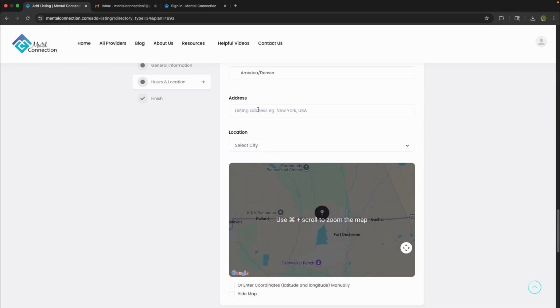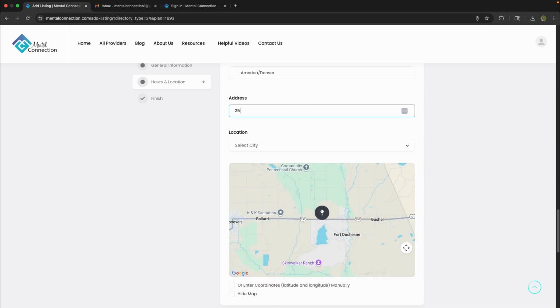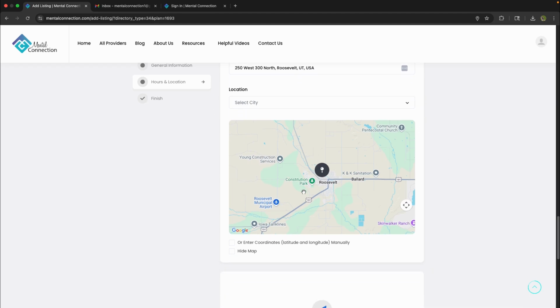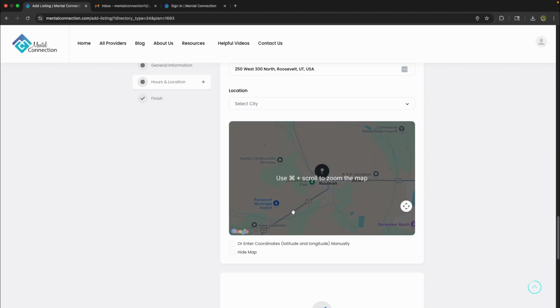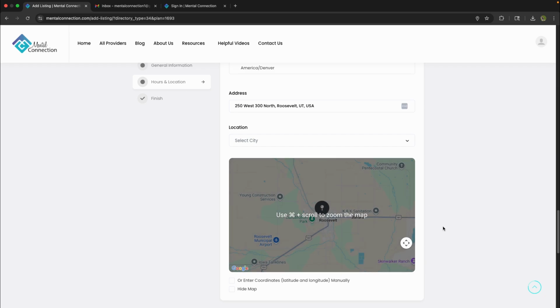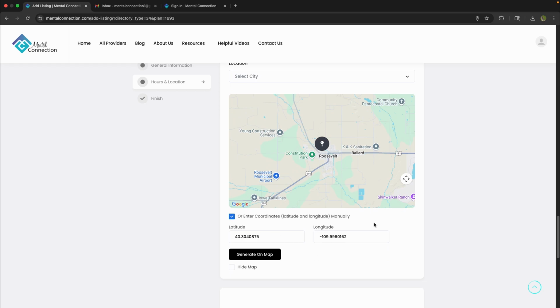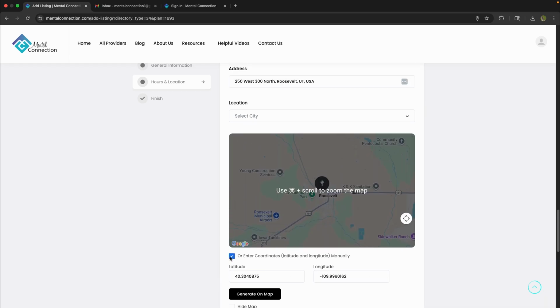And then next is going to be your address location. So if you start typing in your location, it's going to autofill with some suggestions. So you can go ahead and click that when you see the right one, or you can type it all the way out. You'll notice on this map here, it will drop a pin to where you're at. And this is what patients will see when they're on the search page. So if your address is a tricky one, if it's a rural address and you're having issues with it lining up right, you can click or enter coordinates manually. So you can actually type in the coordinates right here,